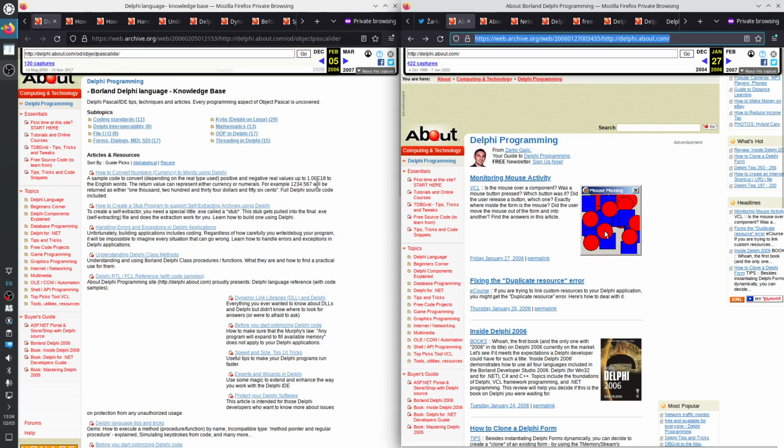So about.com has, I know, tens of thousands of articles. It also has even articles for Kylix, which was the previous version of Delphi on Linux. All sorts of articles about the programming language, about Delphi for .NET, about databases, about Microsoft's OLE, COM, DCOM, ActiveX, various ways to extend the standard controls.